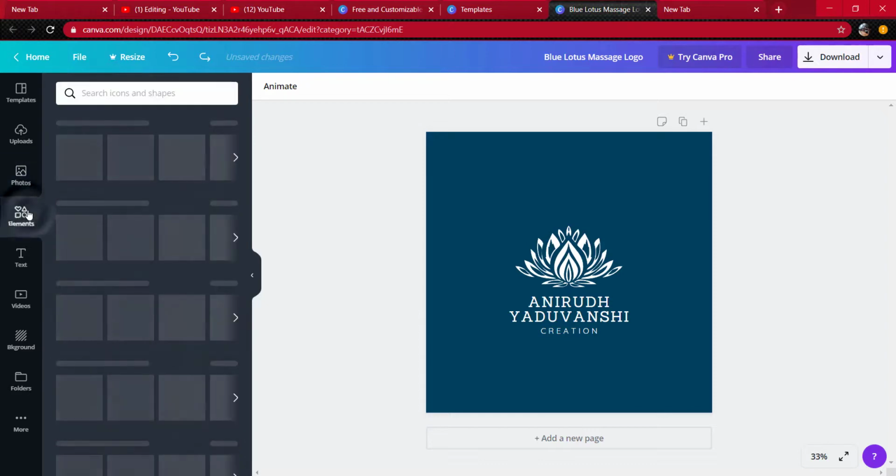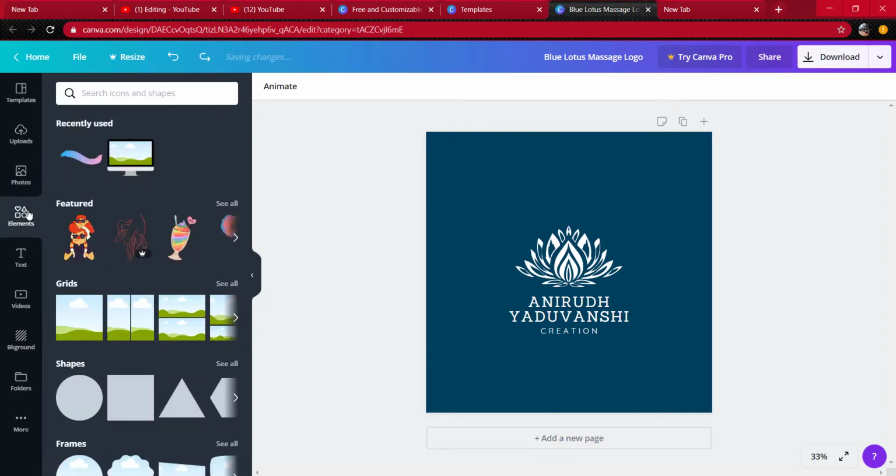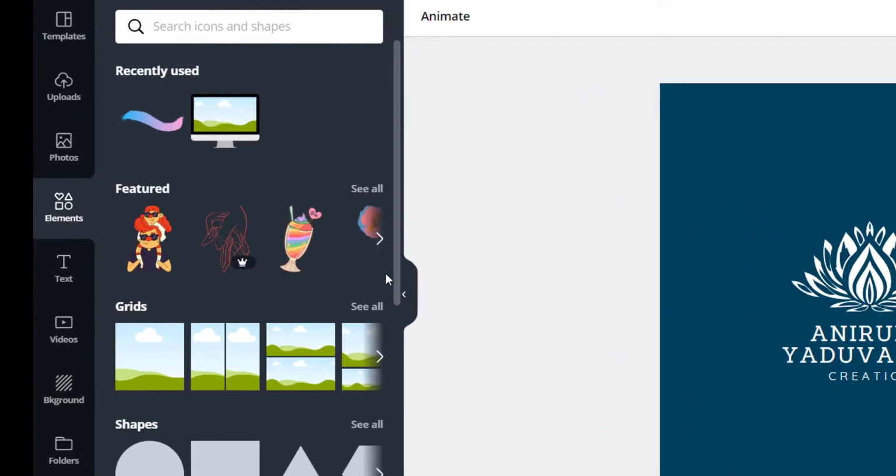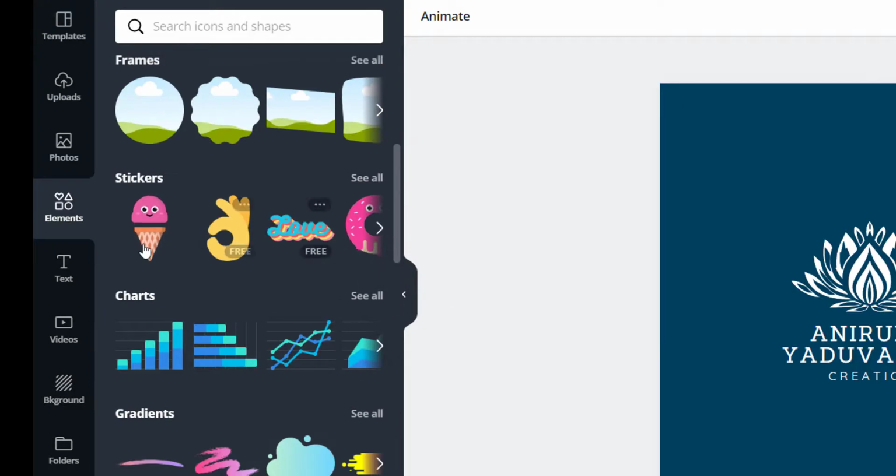So let's go to the elements. From here you can add elements, shapes, features, gradients, charts, anything you can choose from here.